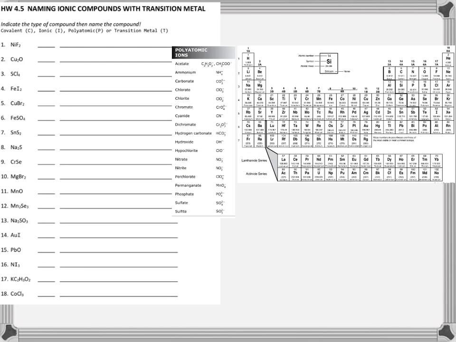Okay. All right, so 4.5, we talked about naming ionic compounds with transition metals. And the important thing to note, again, I have the periodic table here to the right. And the reason I put it on here is because a lot of students tend to waste a lot of time looking for elements on the periodic table. And so first you have to know what you're looking for. So what I like to do when I first get a blank periodic table in order to take a test,